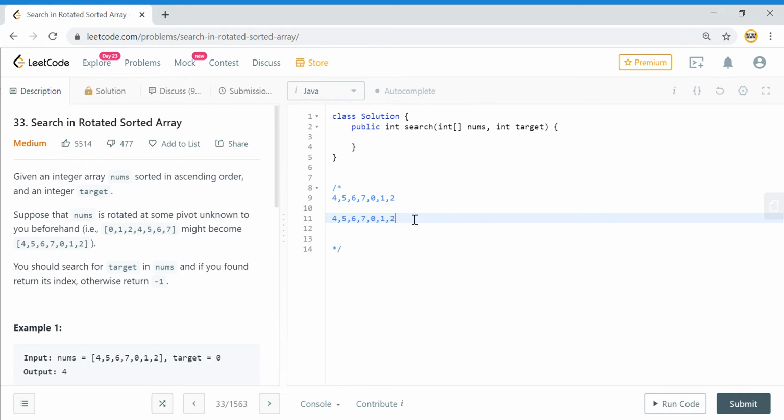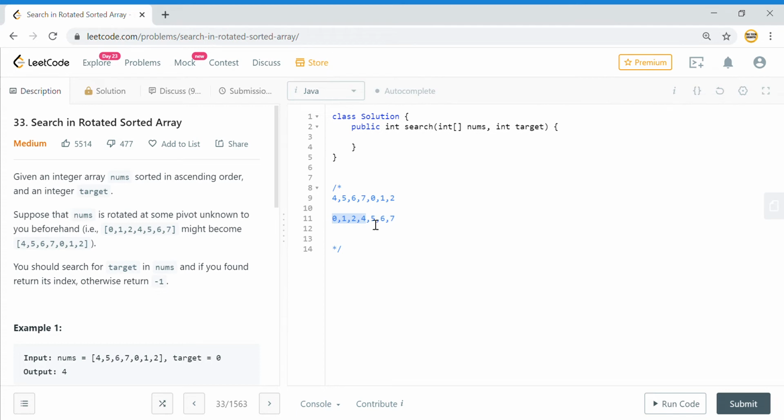If an array is sorted, you can go for binary search. Suppose this was the case and you were to look for 2, you would have done something like, okay, I go till mid. If the mid number is greater than the target number, you reduce your higher bound to this mid, or if it is smaller than the target number, then you increase the lower bound to mid + 1. That was the approach you would have taken. You would have done basically the binary search.